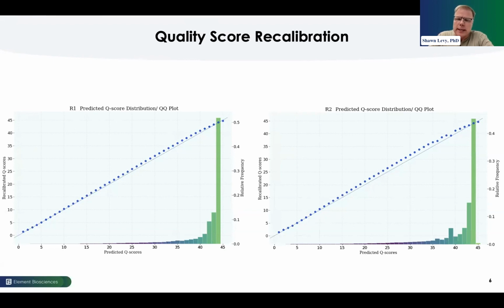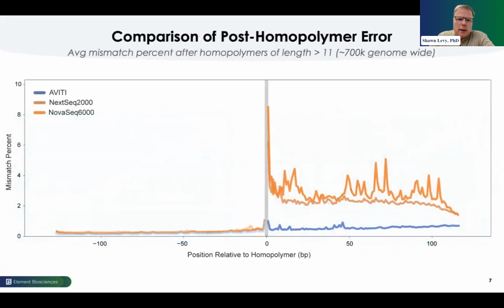And we also make these data sets, as well as the base recalibration command lines that are used, using open source tools, entirely publicly available so that our interpretation and creation of these training tables can be completely validated by anyone who so chooses to look at that work. Matt mentioned this on the homopolymer error. I won't belabor it other than to say this is a significant change that we've observed that we're quite interested